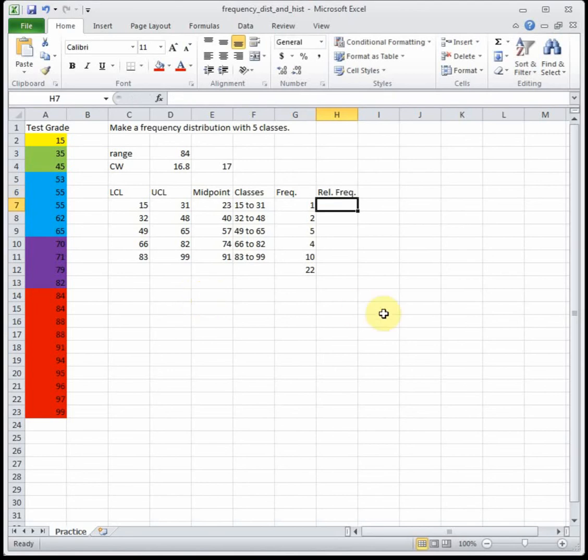To find our relative frequencies, we take the frequency and then divide it by our total. So we'll take our first class's frequency and divide it by the total of 22. I'm going to drag that down. So this tells us the proportion or the percentage that each class takes up. So we can see that we had 45% of our class getting between an 83 and a 99 on the